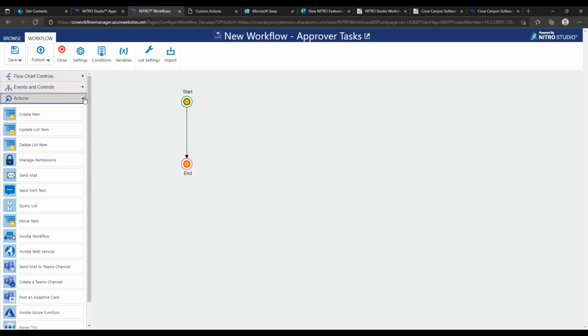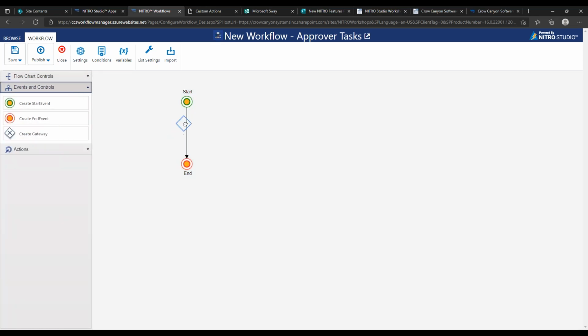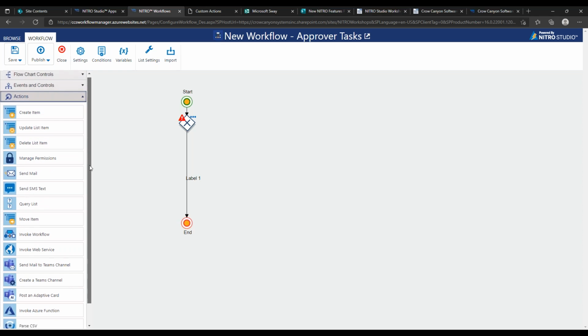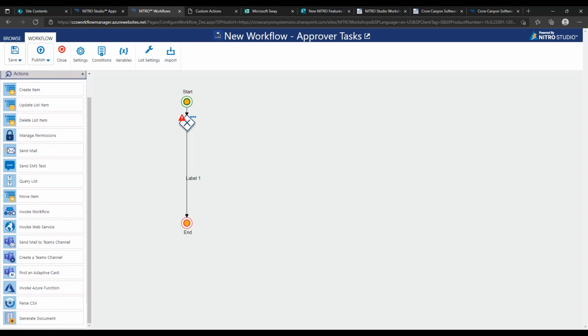And so there's not really going to be a change in how you set this up. We could do pretty much the same thing we just looked at, where we could do a gateway. We could have that map out to two different approver query list actions. See, where is the query list? We put a query list over here and have a connector go over to that. And then we could get rid of this connector. Have another one go over to that,